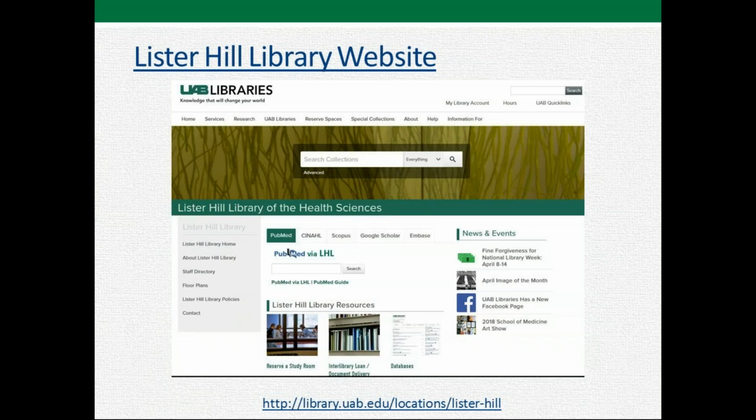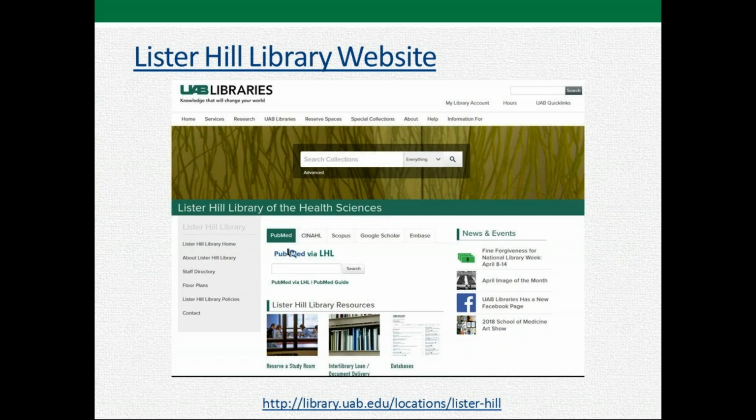All right, so when you're getting started in your research, again, you want to start with the library website. This is the Lister Hill site. Actually, we have a joint site for all the libraries now. For a long time, UAB was set up so that everything was kind of balkanized into the medical side and the rest of the campus. Well, it's more of a cross-institutional collaboration now.